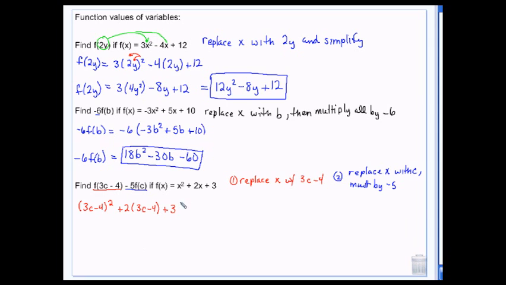For the second part, I have to multiply everything by negative 5 and replace the x's with just c. So x squared becomes c squared, 2x becomes 2c, and then that plus 3 stays the same. Now that I have the replacements, I have to actually do the simplification. So I'm going to FOIL, that's right,